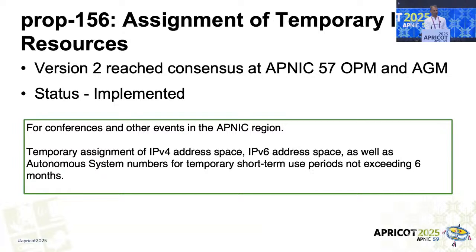And the other one, we also implemented the assignment of temporary IP resources. Again, the second version reached consensus at the 57th OPM and AMM. It is implemented, and this is for conferences and events like Apricot, or any NOG events. If you require IP addresses to provide network access to the delegates, to the participants for a limited time period, you can now request